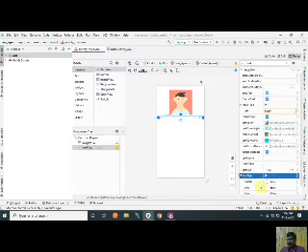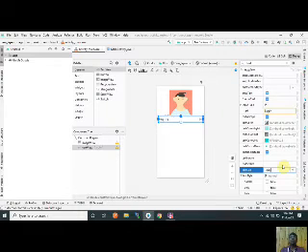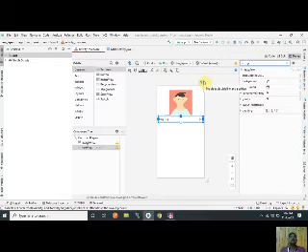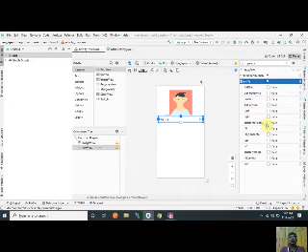I change it to bold and the size to 36, and change the gravity also. Yeah, horizontal center. Okay. Now it is right.